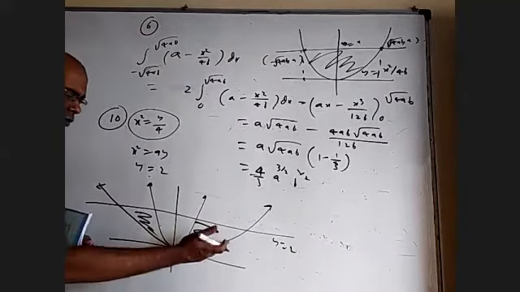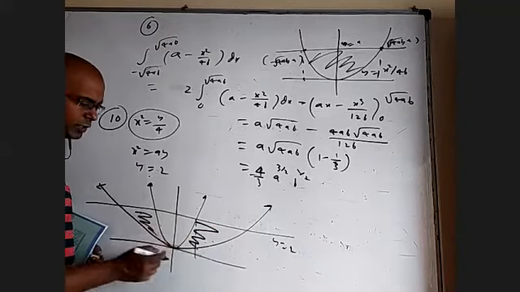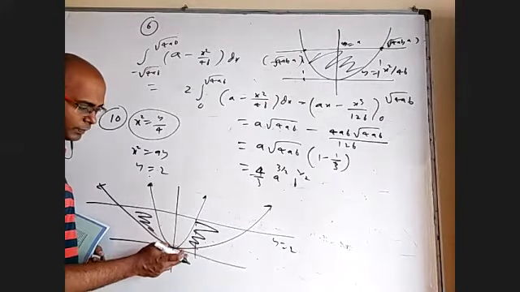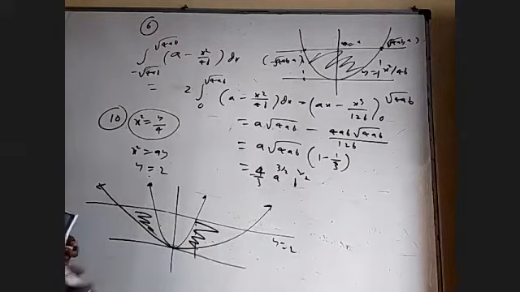I think here it is better to do right curve minus left curve. Because if you want to do upper curve minus lower curve, up to here I have to subtract two curves, and here I have to subtract line and curve. So better right and left. Integral 0 to 2.